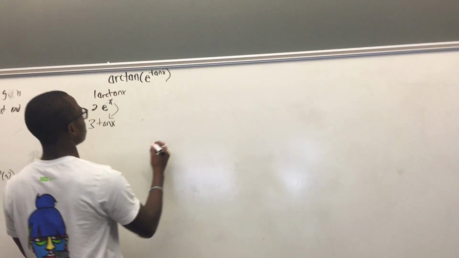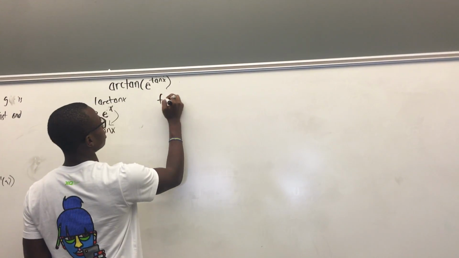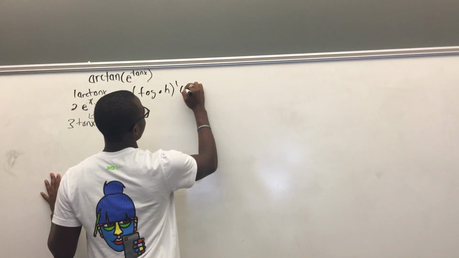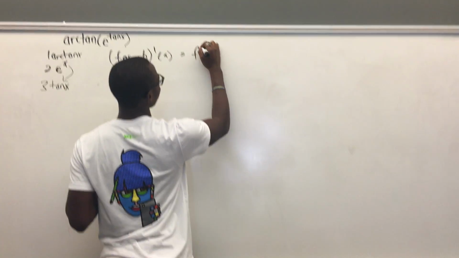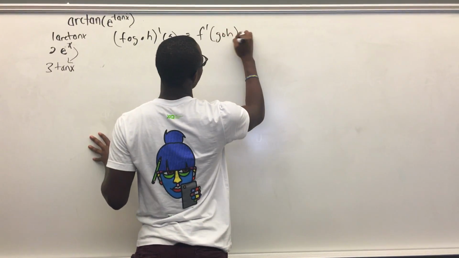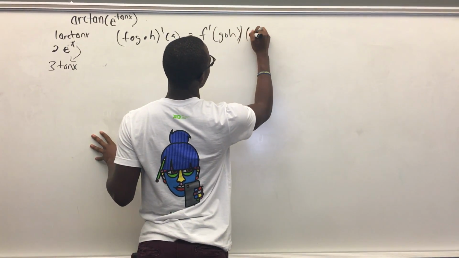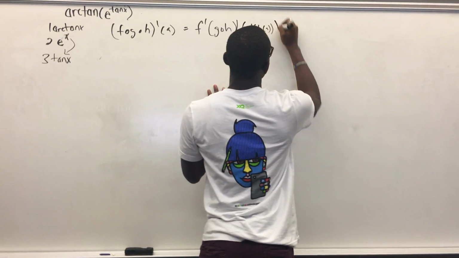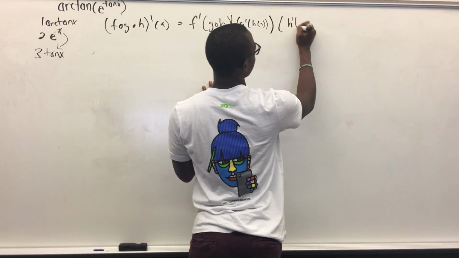And so, if the derivative of f composed with g composed with h is equal to f prime of g composed with h times the derivative of g of h of a times the derivative of h at a,